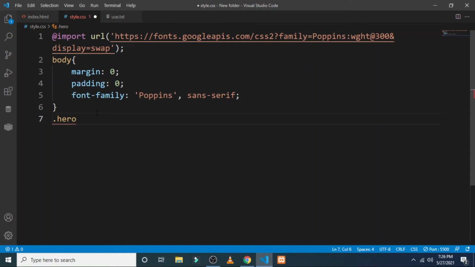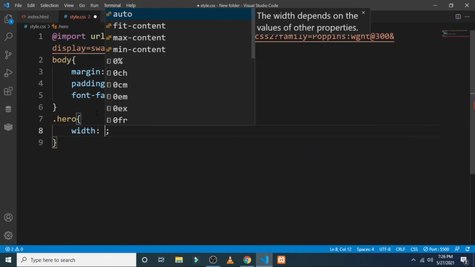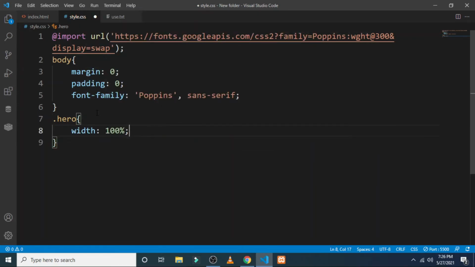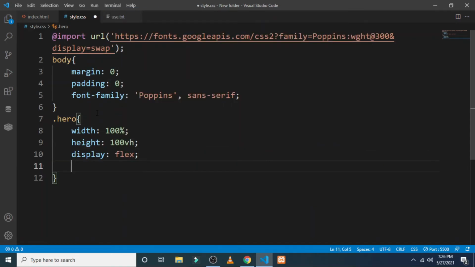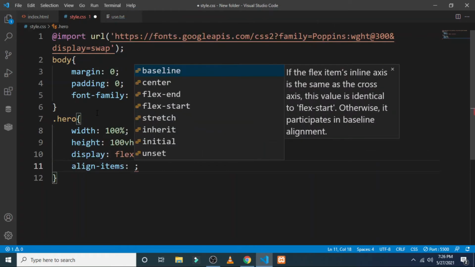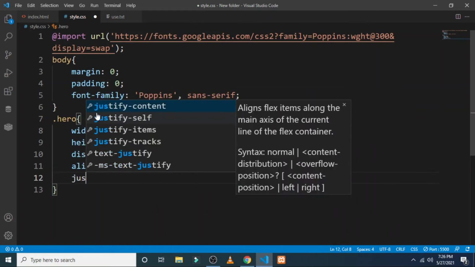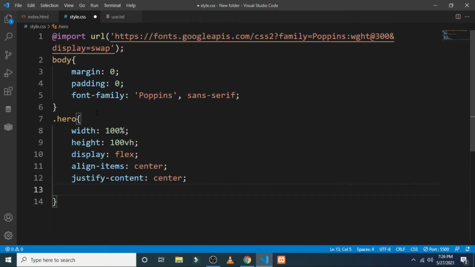Here we are going to style the hero class, putting the width to 100% and height to 100vh. After saving it, the display will be flex, align items will be center, and justify content will be center.